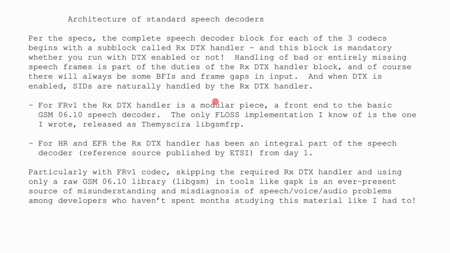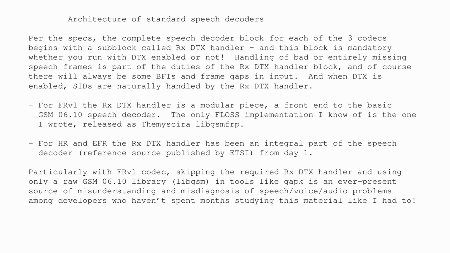So that's what Themyscira libgsm FRP is. And the new version of ECU that has recently been merged into libosmo codec is based on that. It's just a stripped down version. But I just find it strange that there were no pre-existing free software implementations. It wasn't even all that complicated. Just had to read the specs and implement them. But still,